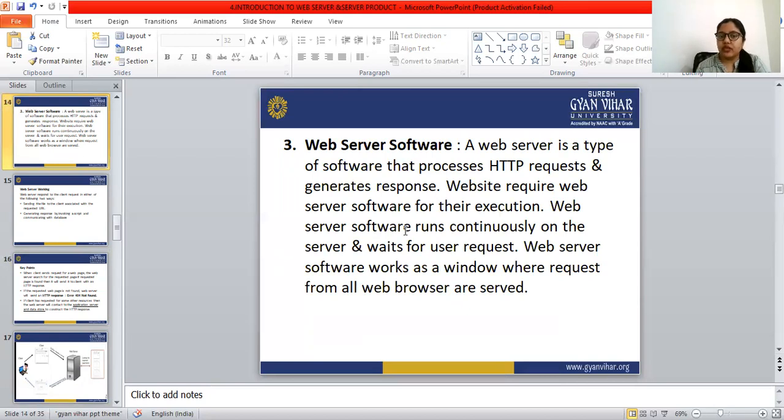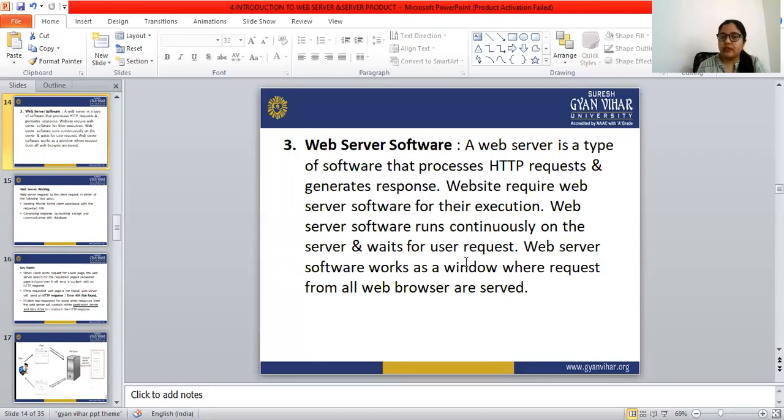Web server software runs continuously on the server, 24 by 7, and waits for the user request.